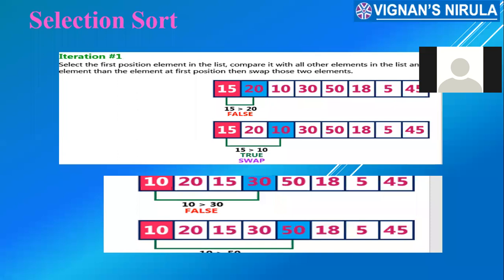Please write up this array and try to trace out the algorithm of selection sort in each and every iteration, how it is doing. Be fast. 5 minutes లో చేసి చూపించాలి నాకు అందరూ.